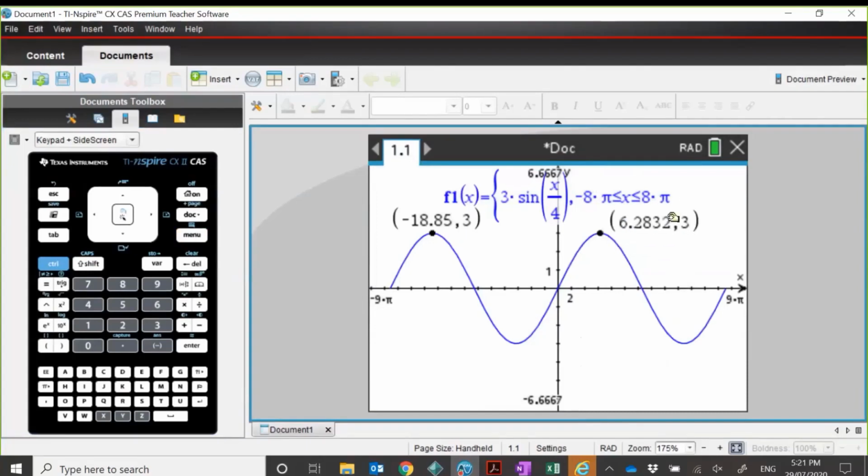Now, if you think carefully about it, 6.28 looks to me like it's 2 pi. Pi is 3.14. If we double it, we get 6.28. So that's 2 pi. And have a look at minus 18.85. That looks to me like it's going to be about 6 pi. 6 3s are 18. That's about minus 6 pi. But we can confirm that doing some calculus. So if I open up a calculator page,